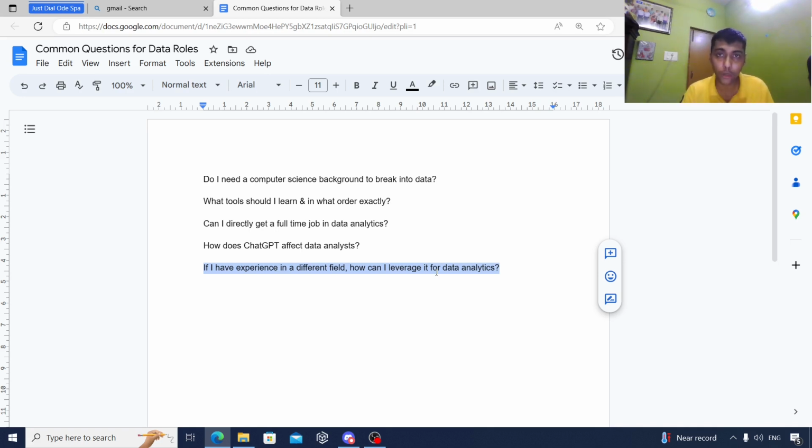If you know about the automotive industry or supply chain industry, then for a supply chain data analyst job, you already have the business acumen. Plus, if you learn the tools, then you have the combination of business and technical skills, and you'll be a great fit for the job. So try to make a switch into the data field, but in your own industry where you worked. Then that business domain knowledge becomes a huge USP. This is how you can play your card to increase your chance of getting a data analyst job.